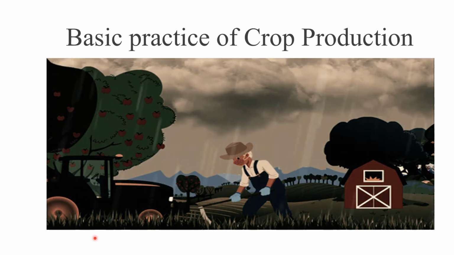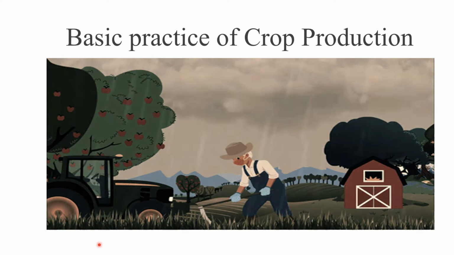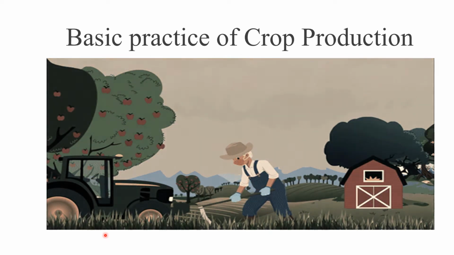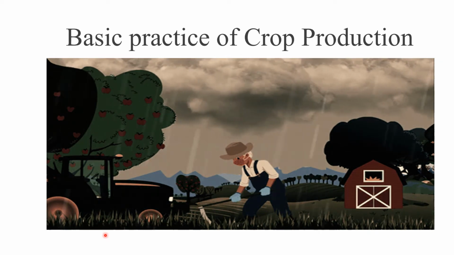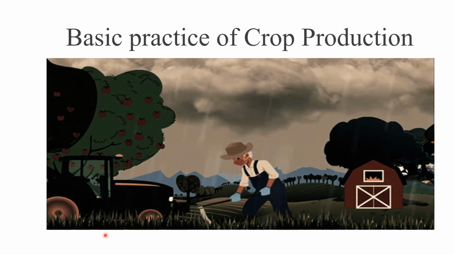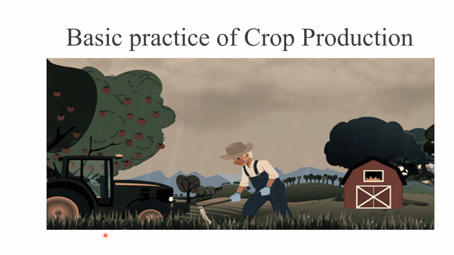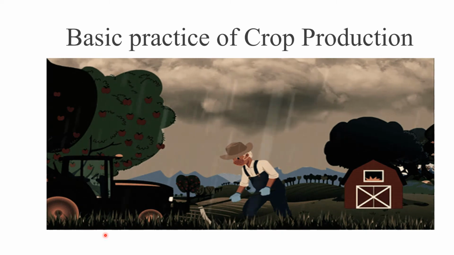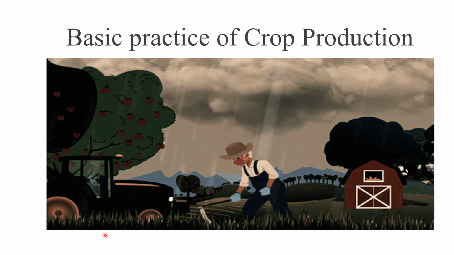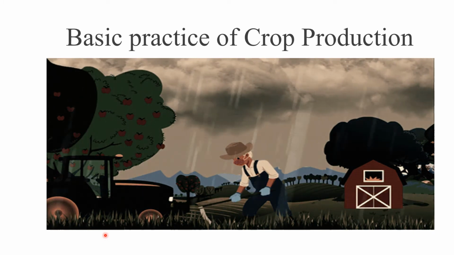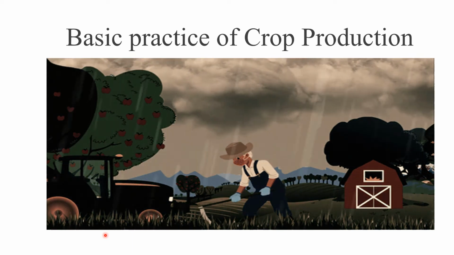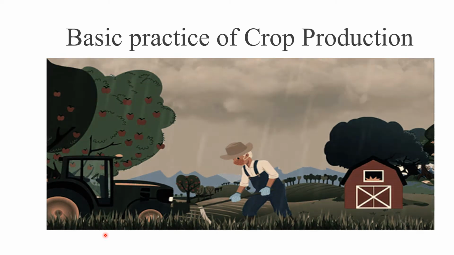So now let us discuss the basic practice of crop production. Can a crop be produced just like that? No. Crop production has a systematic, step-by-step practice that has to be followed by the farmer. In order to raise a crop successfully and profitably for food production, a farmer has to perform a large number of tasks in a sequence, one after the other, and the various tasks performed by the farmer to produce a good crop are called agricultural practices.